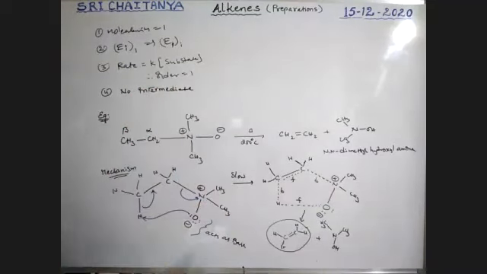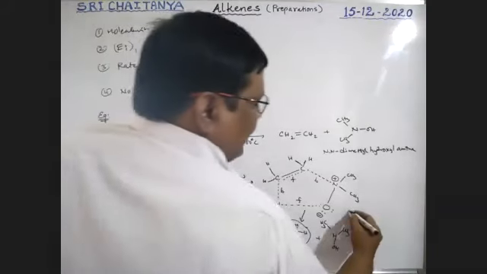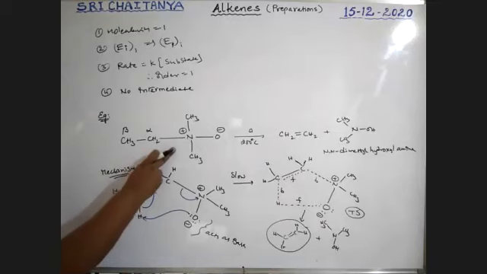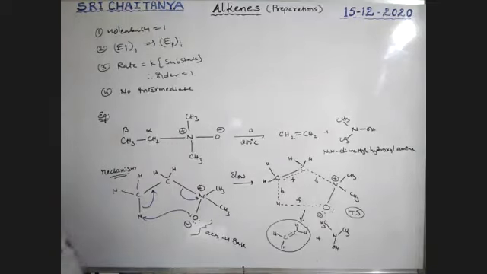Only cyclic transition state. It is a transition state, not an intermediate. Cyclic, five members, a cyclic transition state in an almost planar condition. So no intermediate; the product is formed directly. Next, energy changes. See here, boys: it is more stable. This more stable compound is converted into a less stable compound.